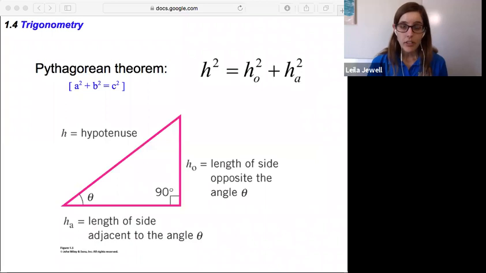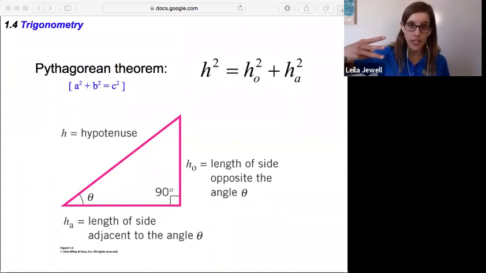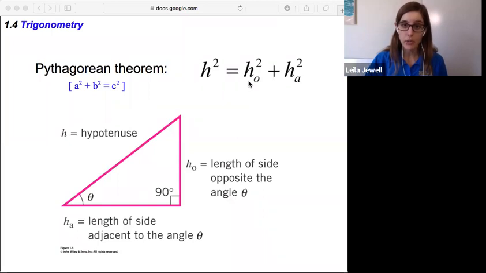One more thing to cover. We have the Pythagorean theorem. It's another useful thing anytime you have some sort of triangle, and that relates all three side lengths to each other. So we use the trig functions for when we had two side lengths and an angle. This is three side lengths. That says that the hypotenuse squared is equal to the opposite side squared plus the adjacent side squared. Or in math class, you probably learned it as a squared plus b squared is equal to c squared, right? Where the length squared and added of the two shorter sides is equal to the length squared of the longer